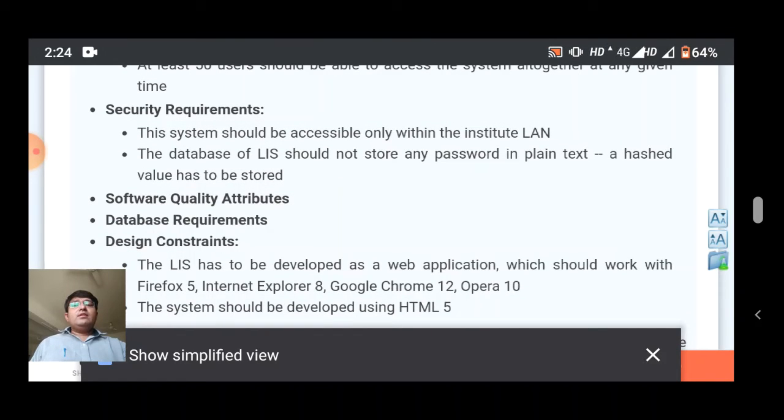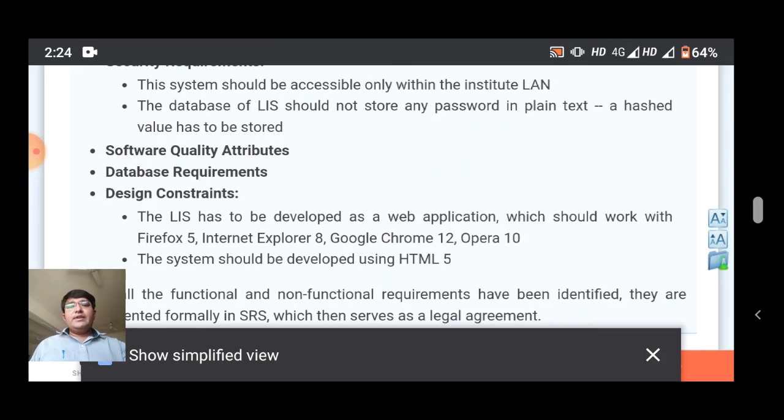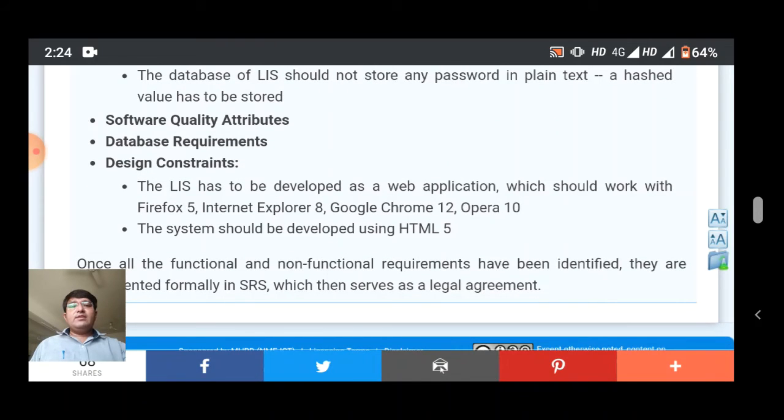And the database of the library information system should not store any password in plain text; a hash value has to be stored. Then software quality attributes, database requirements, and design constraints, all of these are covered in the non-functional requirements.